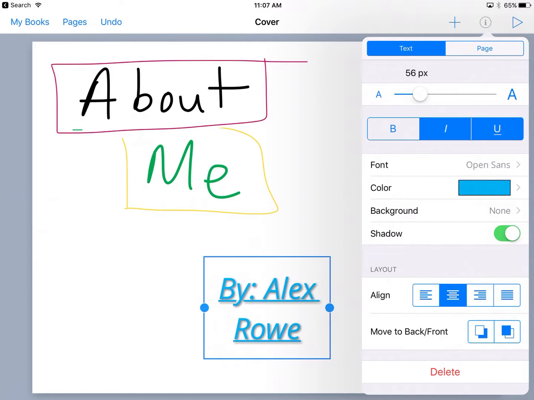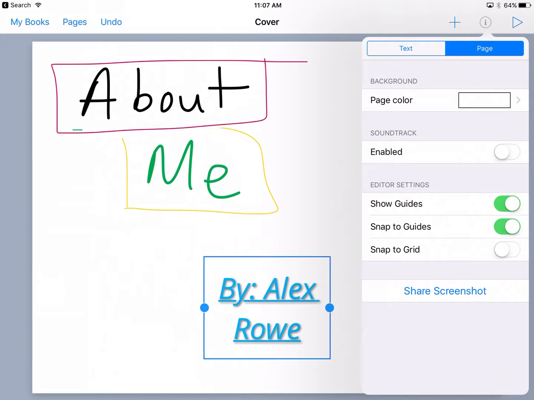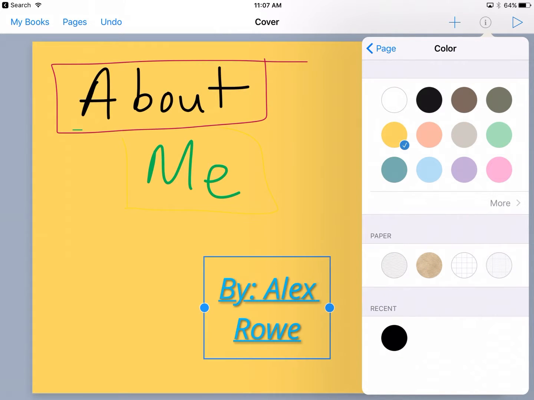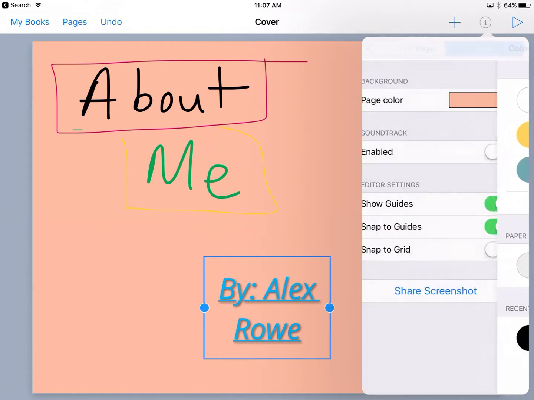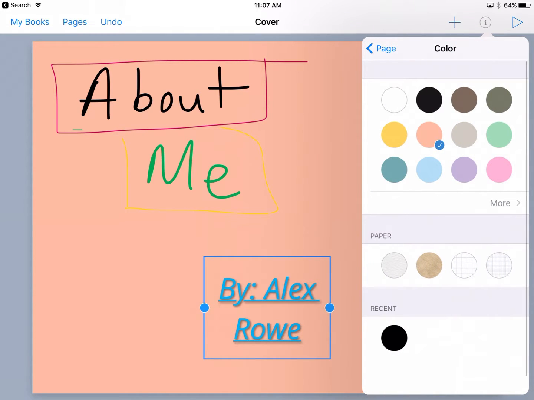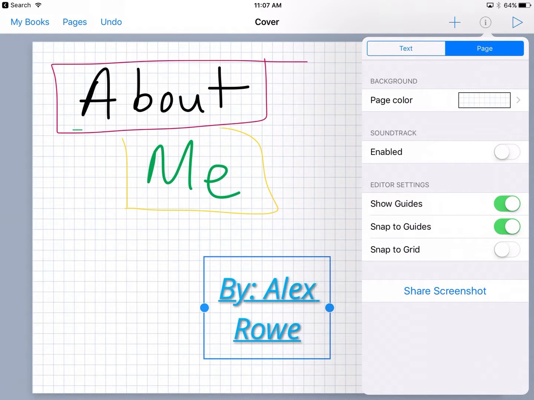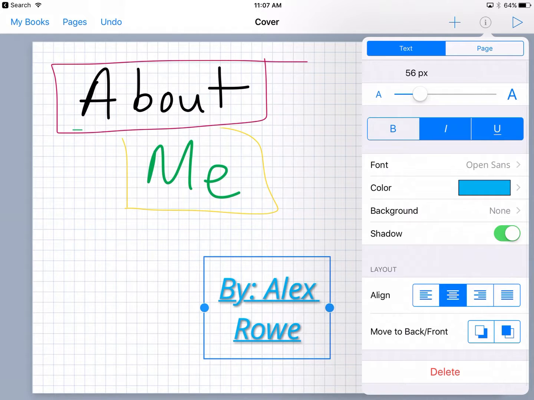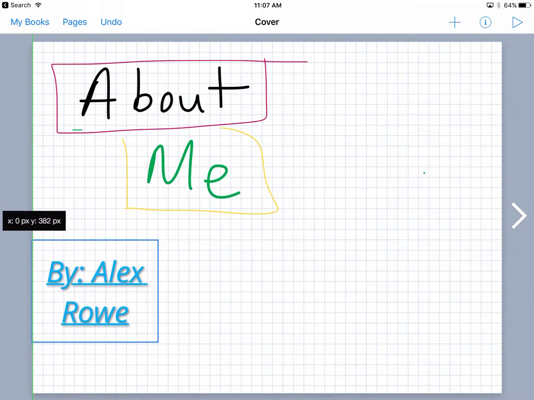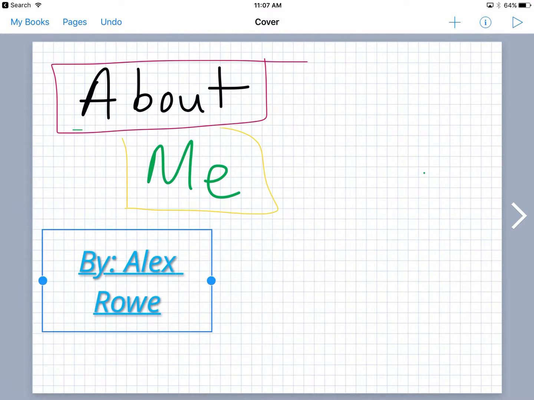You can also see in this information page, in this information box, if I select page at the top of it, it will actually give me options to change what color my page is. I can also change it to different types of paper. That's pretty awesome. You can actually enable a soundtrack in there, putting a grid in there as well. Okay, so I've got my text. I can slap that there wherever I want it to be,